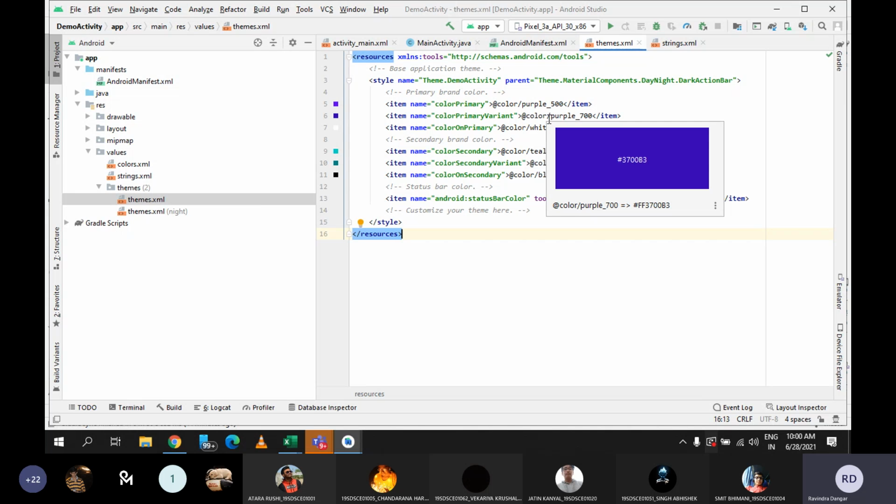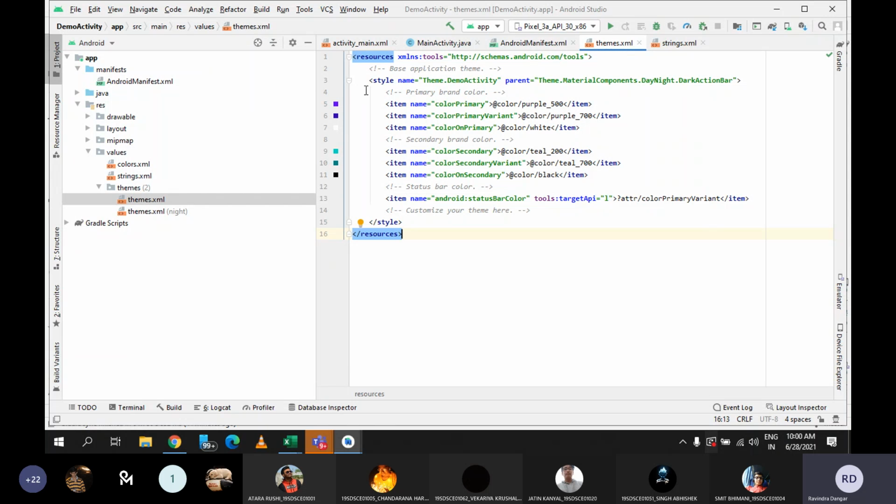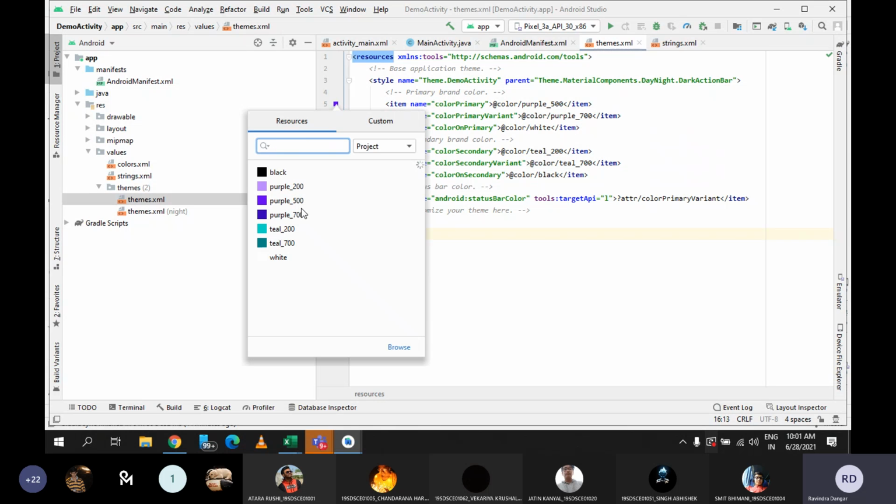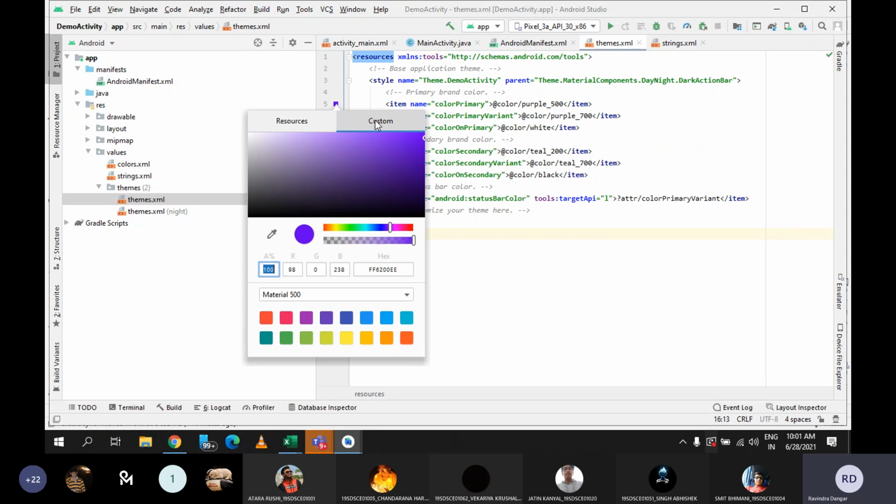So your application may have any theme. You can choose the default theme. You can modify these colors also from here. You can see by default here blue color is there or purple color is there, and if you want to modify it, you can simply click here and you can find any particular color. You can choose from this option also. So whatever color you will choose, that color will be reflected there. See here, now that color is changed. Similarly, if I want to go with pink, then you can see every time I am able to see the changes. And this is the hex code of color.